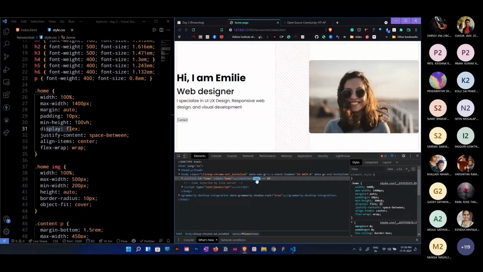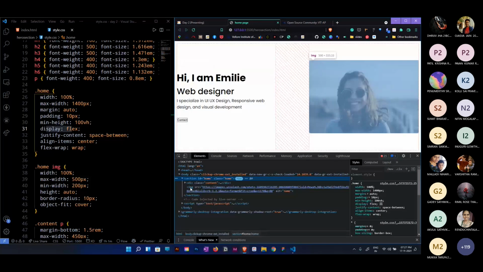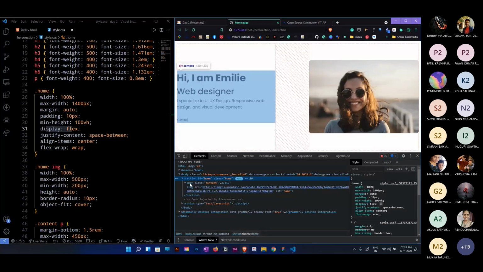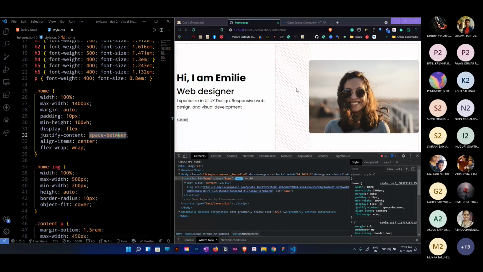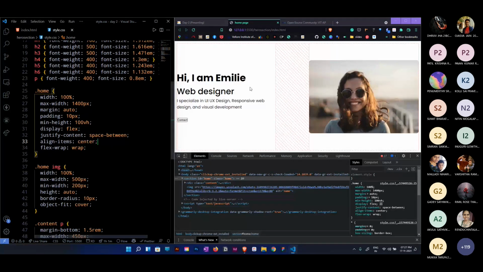So just click over this flex. As you can see, there are two elements inside of the flex. One is the div, which is the content, and one is the image. And what are the properties applied? Space between. As you can see, space is applied in between. It's not space around or all those things. I'm just giving the space in between. I'm just keeping two things at the left hand and the right hand. And align items center, so they are vertically aligned to the center. What happens if I just remove this? They will just go on top. They will just go on top, and aligning items center is just to look pretty.